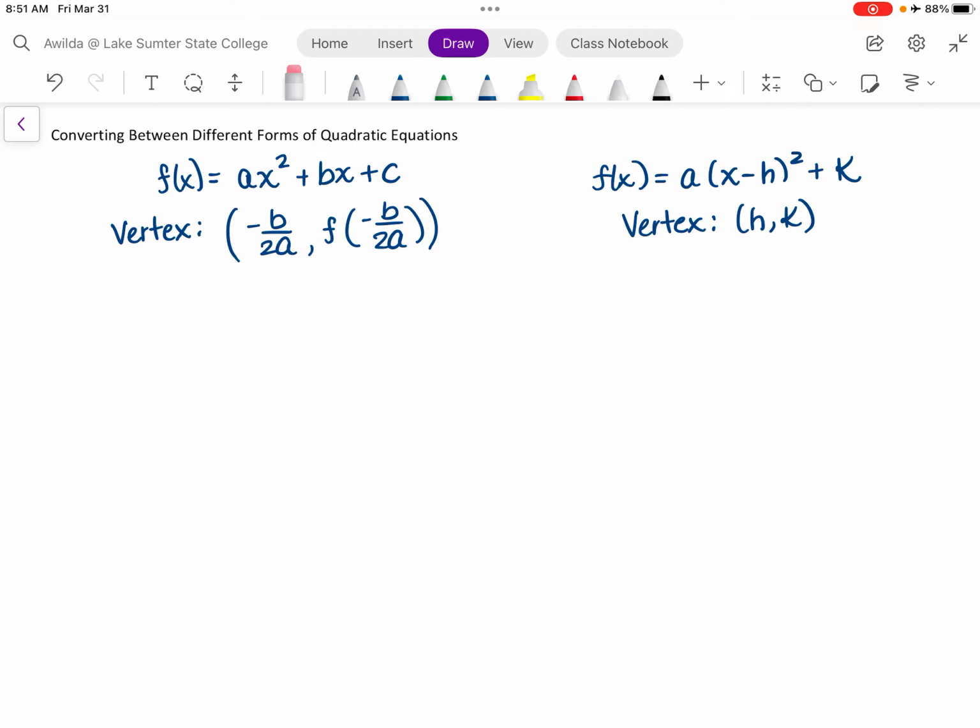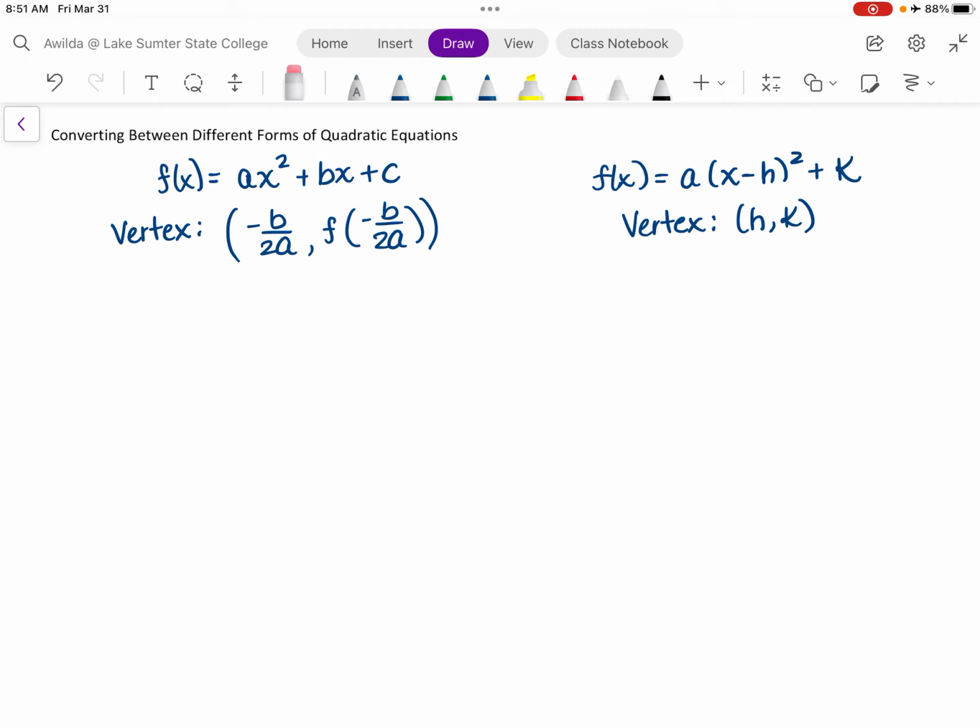And in order to determine the coordinates of the vertex of the parabola, we will take the opposite of b divided by 2 times a, and that will give us the x coordinate. And then we'll substitute this x coordinate into the equation for x to find out what the corresponding y coordinate would need to be. In the second equation, we have f of x equals a times x minus h quantity